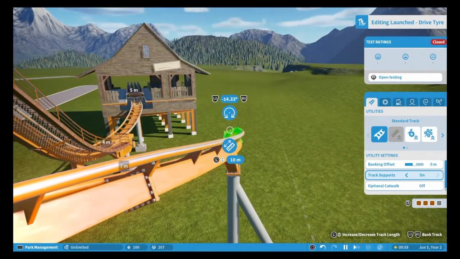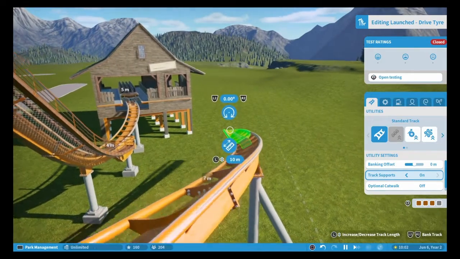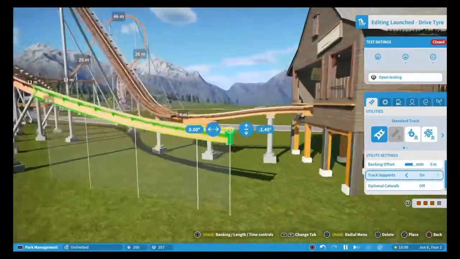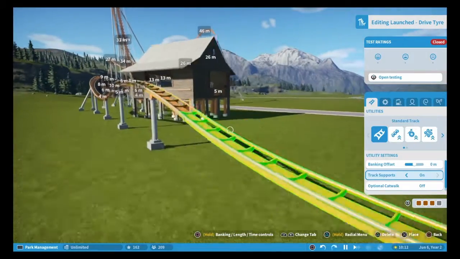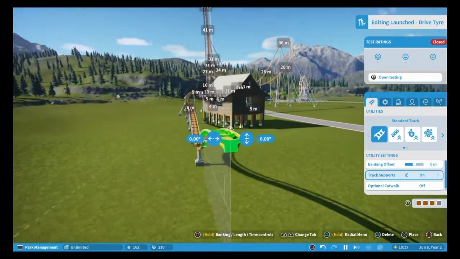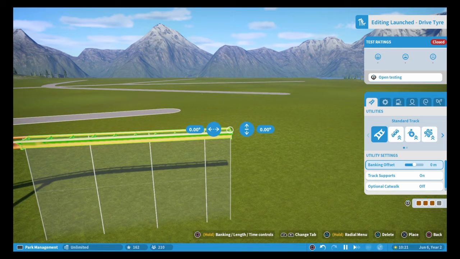I want this to go back to 0. We always want this to be a longer track. And we want this track to be leveled out, and just a small bump of airtime. Now this is gonna go up. This is where the brake section's gonna be. So if I just build that, and then I come over here,